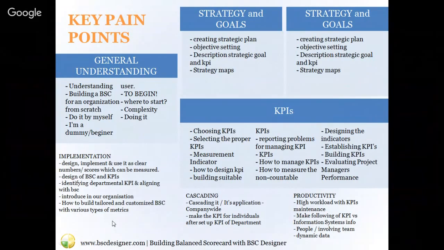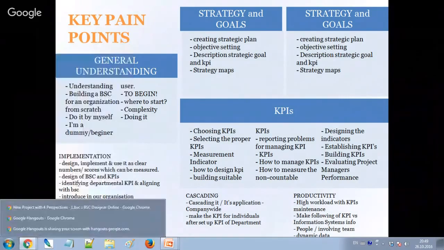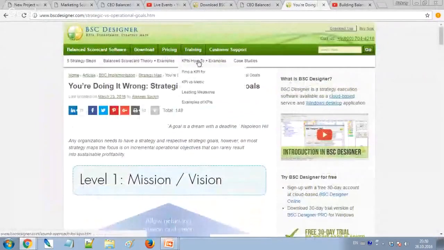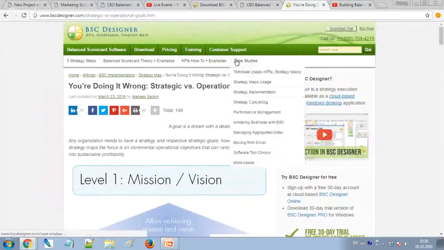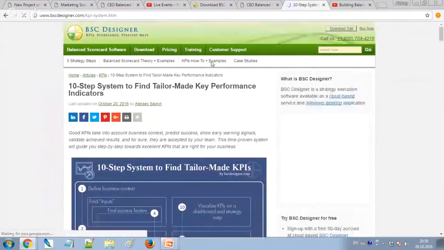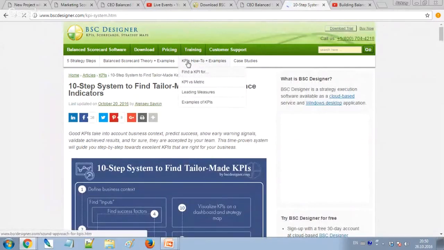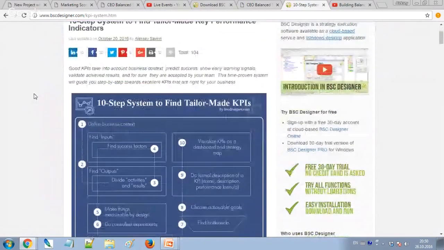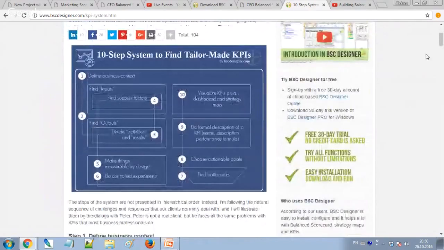For the KPIs, I would like to recommend our system. It's a free system, so anyone can use it. And let me find it. I think it's here. Yeah, so you can locate it here. KPIs how to plus examples, and you can use this button, Find a KPI for. This system is about this screenshot, and